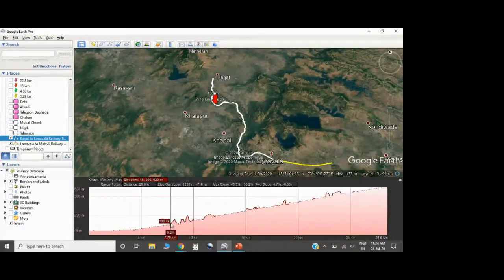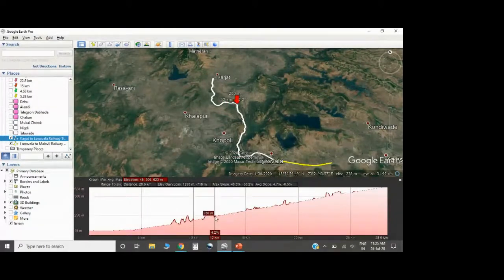So as I have just drawn the line over the railway track, in this image, this Google Earth Pro, the satellite image is the feed used here. In a satellite image, you don't see the railway tracks inside the tunnel. So I have just drawn the tentative railway track over the topography. That's why you are seeing spikes. So wherever you see such abrupt spikes, that means your railway has gone through a tunnel. Okay. So you have a few tunnels here.